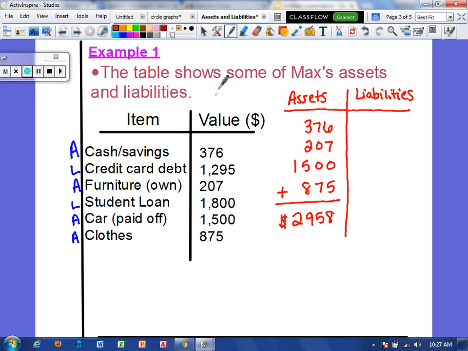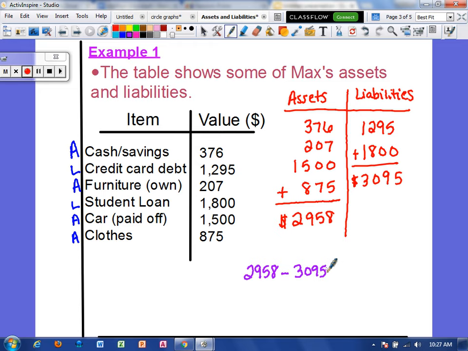Now for liabilities, he has $1,295 in credit card debt, and he owes $1,800 on his student loan. So again, go ahead and pause and add that together. And when you add that together, you should get $3,095. Now, to actually calculate the net worth, we want to take the assets minus the liabilities. So that would be $2,958 minus